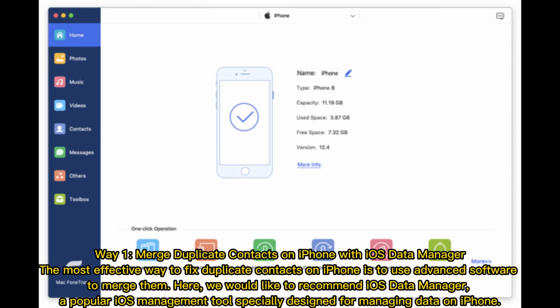Way 1. Merge duplicate contacts on iPhone with iOS Data Manager. The most effective way to fix duplicate contacts on iPhone is to use advanced software to merge them. Here, we would like to recommend iOS Data Manager, a popular iOS management tool specially designed for managing data on